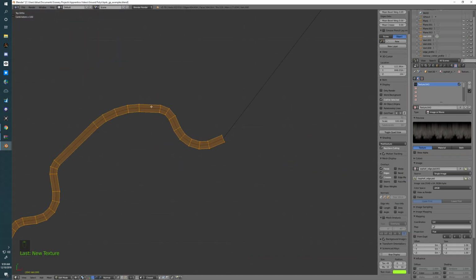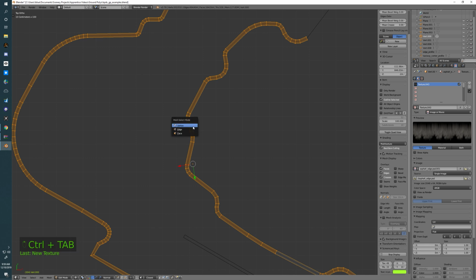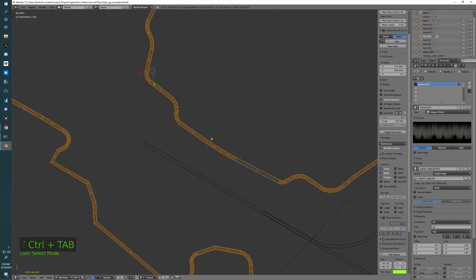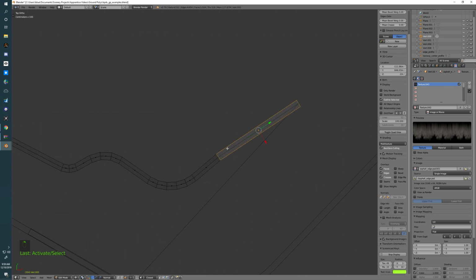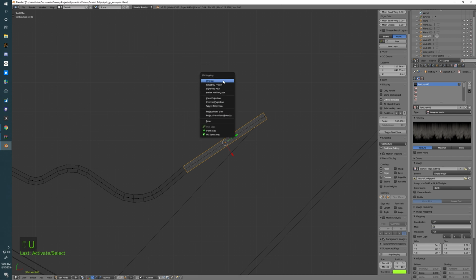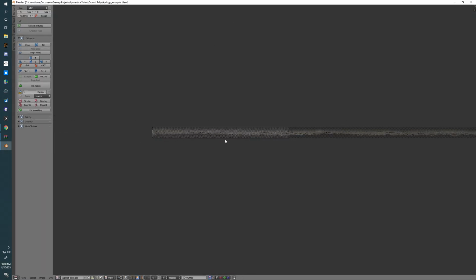So taking that back in here, what we want to do is in edit mode we want to go to face select, and I'm just going to choose the first polygon in our line here, and I'm going to hit U, unwrap, and what that is going to give us is this long